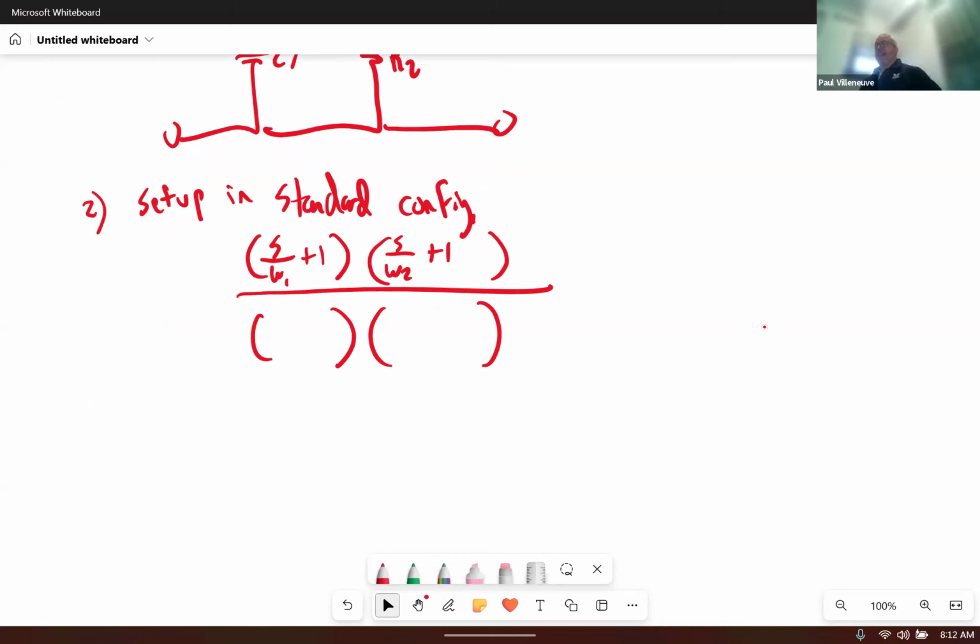It always has to be s divided by the break frequency, added to 1. That's super important, and the reason why is because when we do the magnitude of our gain,